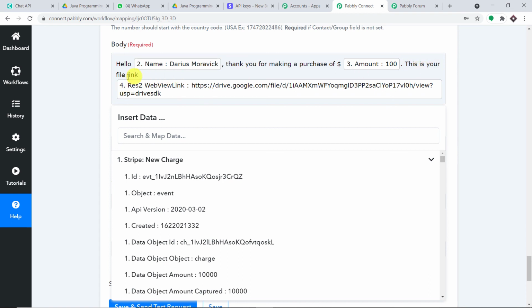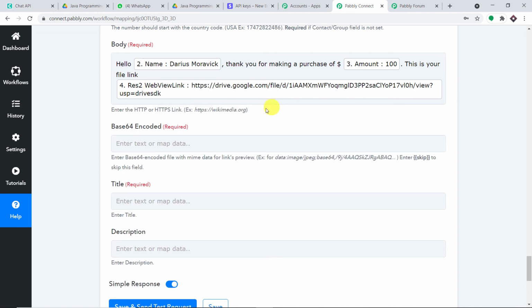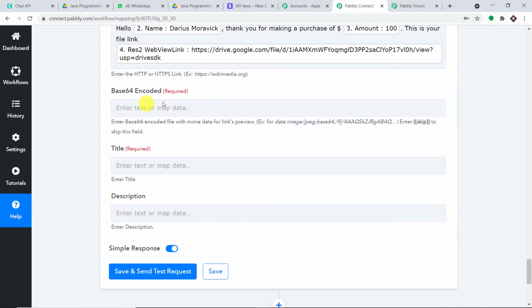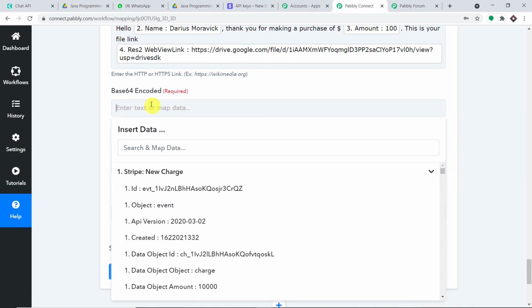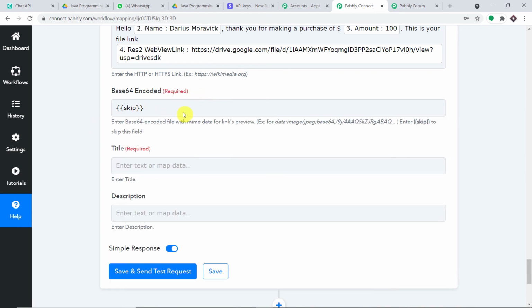I hope there is a space in between them. Okay, yes. Now with regards to the base 64 encoding, all you have to do is just copy this code, a bunch of curly brackets with skip inside, and paste it here.